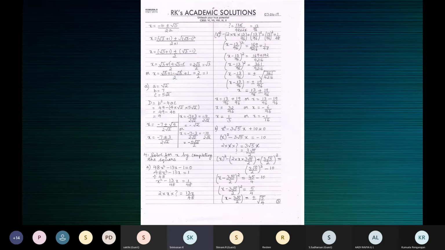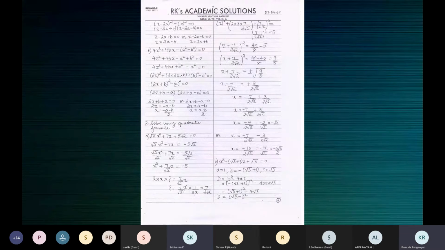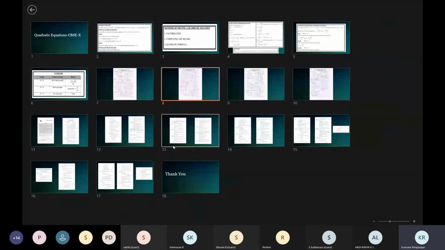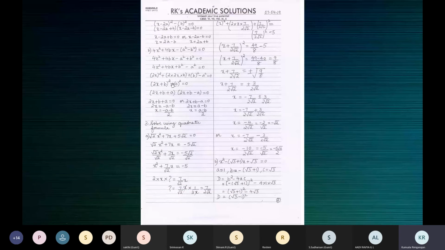Ma'am, he's asking in the previous sum if we can expand the bracket for B. For D, huh? Ma'am, B. This one. Oh, okay, yeah, you can expand. When you expand, you will get only 2 terms, so you will be confused as to how to proceed. That's the problem. Do it now, children. Let's work it and understand. Okay, let me tell you. You will get only 2 terms.